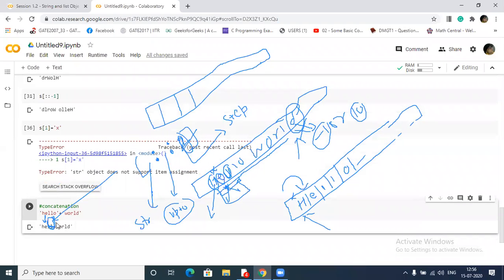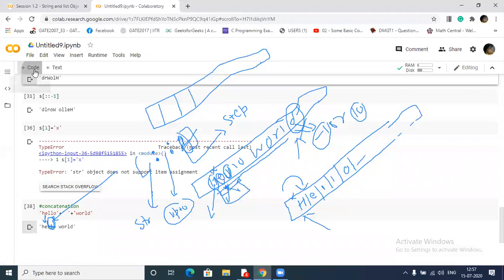If you want to place one space, what should we do? Can anyone tell me? I will put a space here. Got it? A space here, right? One more thing: since I have already assigned this string in S, you can also concatenate with S.